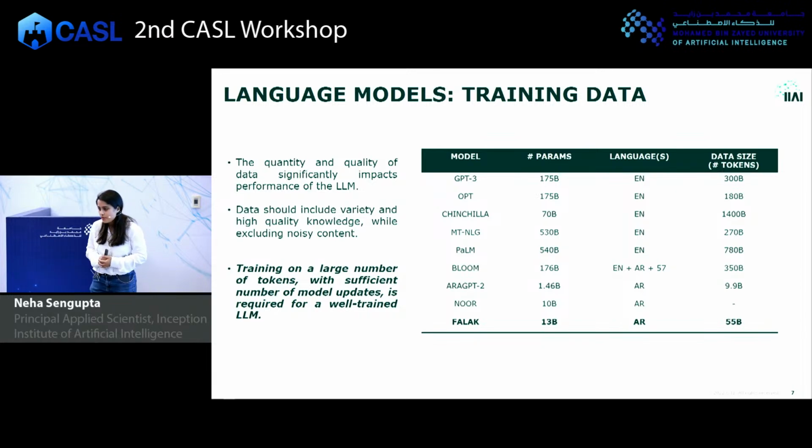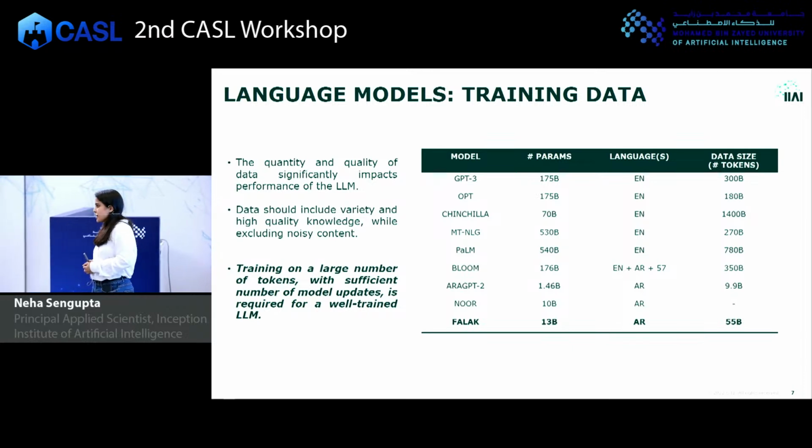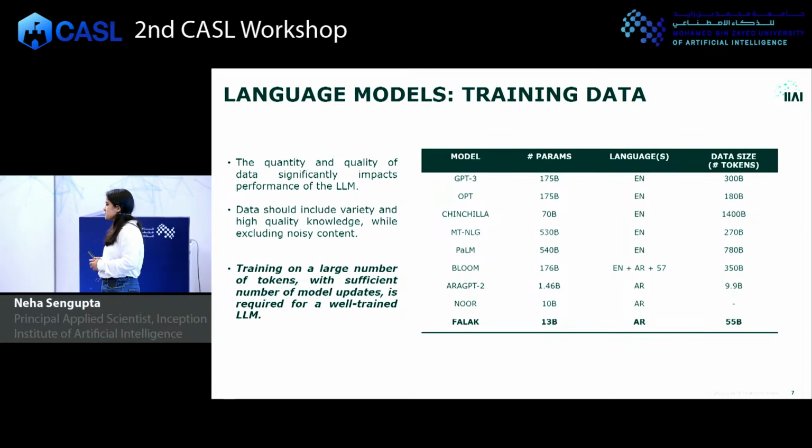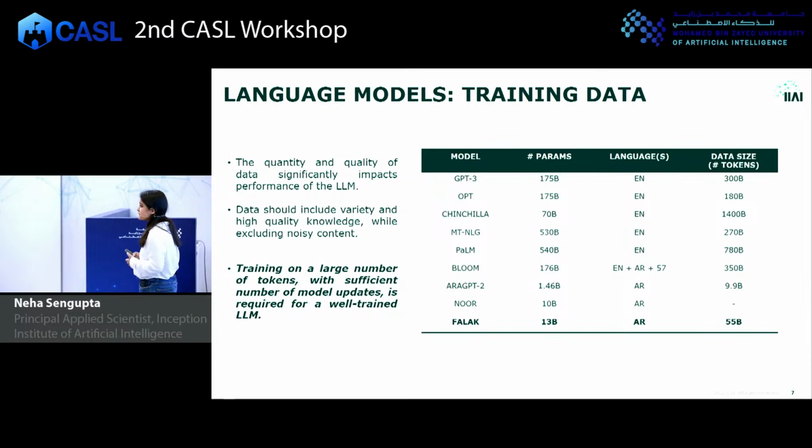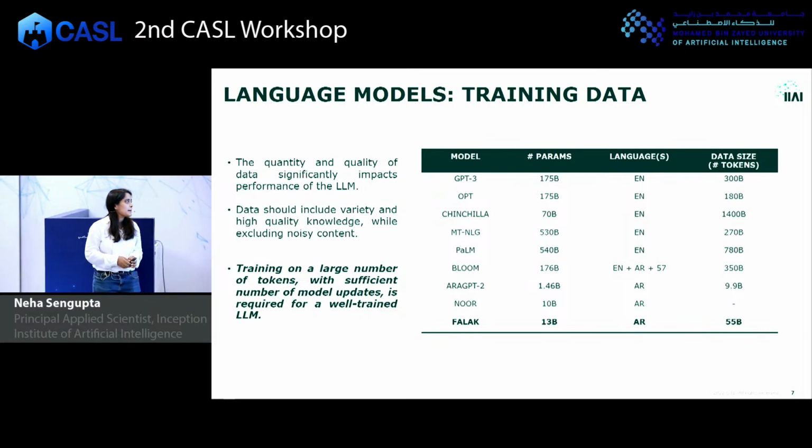But one more very important point is that if you have a lot of compute, we've been talking about the energy impact of using a lot of compute. If you have a lot of compute, then you can't just expect that you throw all this compute at it and the model just trains in 2 days and you get a very good model. That's not going to happen. No matter how much compute you have, you need to let the model cover at least 100,000 to 200,000 training steps in order to achieve reasonable performance, right?